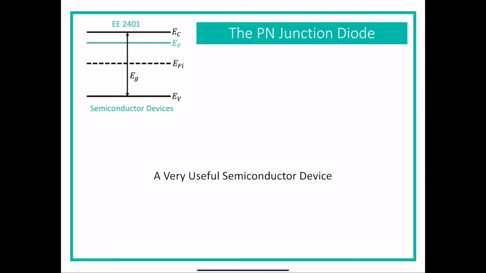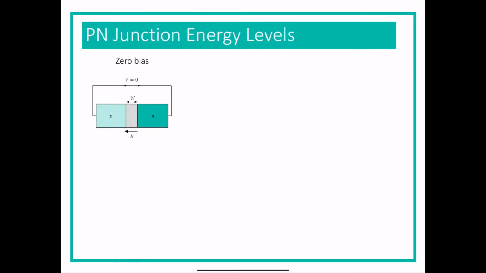Here we are, 8 chapters into our book, and we are finally going to talk about an actual device in its actual function as a semiconductor device. We have talked about p-n junctions as far as when they are at thermal equilibrium. So we've talked about them when they've been at zero bias, which basically means there is no voltage across the terminals. And when that happens, the conduction and valence energies bend through the depletion region, but the Fermi energy remains